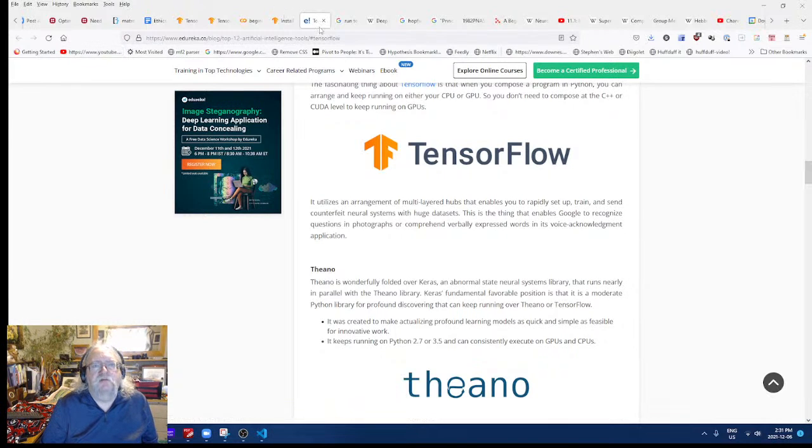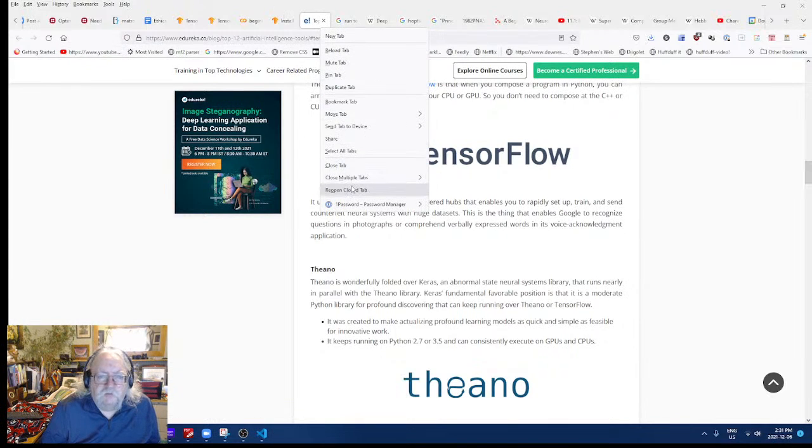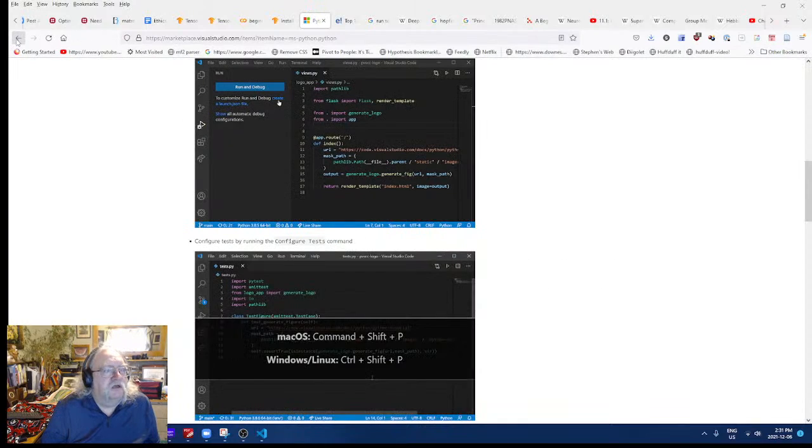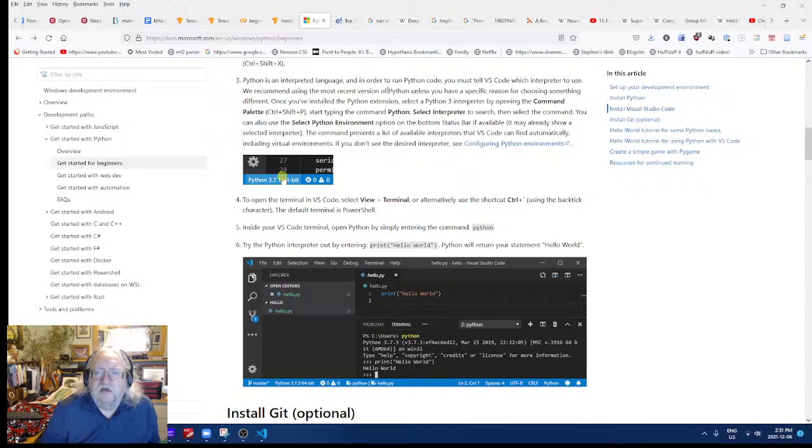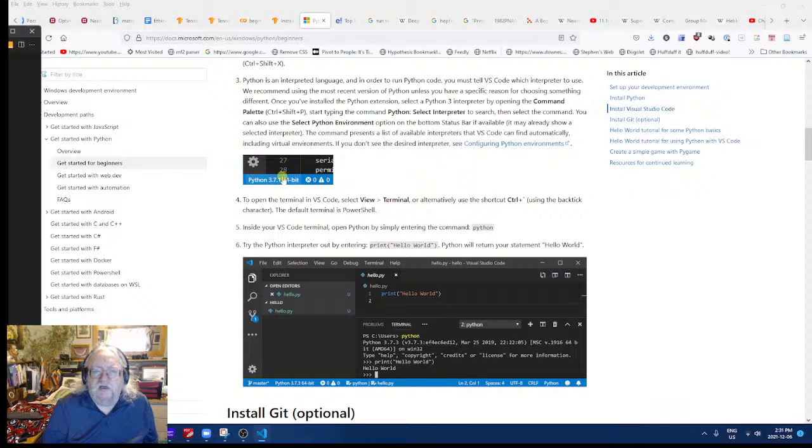Whoops, I closed my window by accident. Reopen closed tab. All right, let's go back to where I was. Okay, so we must tell VS Code which interpreter to use. We recommend using the most recent version of Python. Once you've installed the Python extension, select a Python 3 interpreter by opening the command palette, Control-Shift-P, and then typing the command Python select interpreter.